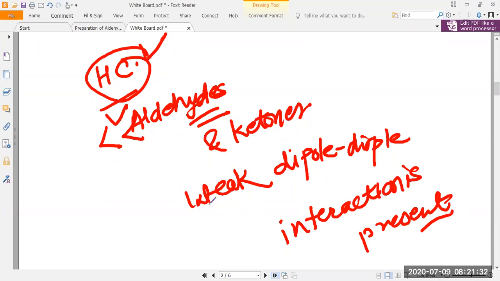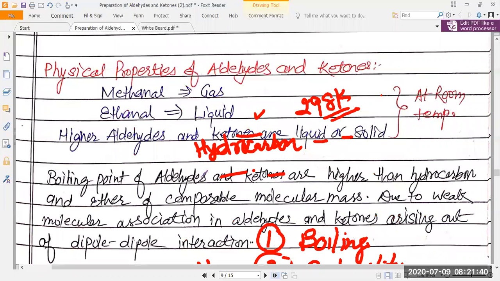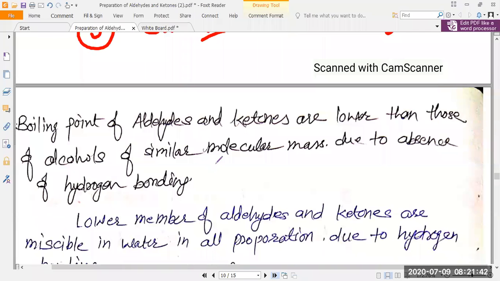That is why the boiling point of aldehydes and ketones is higher as compared to hydrocarbons of the same molecular mass. Similarly, the boiling point of aldehydes and ketones is lower than that of alcohols of similar molecular mass due to absence